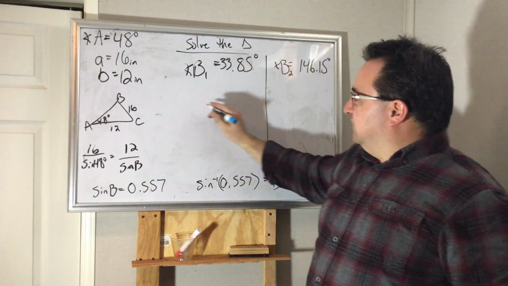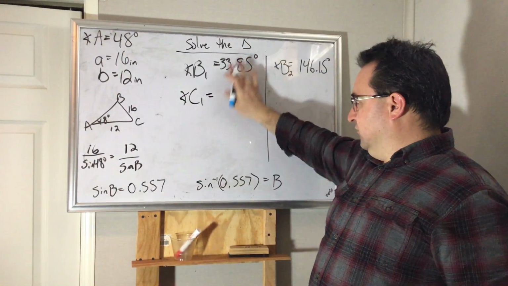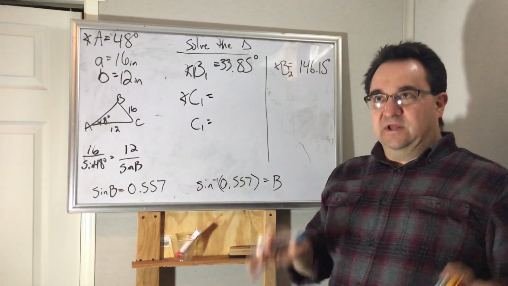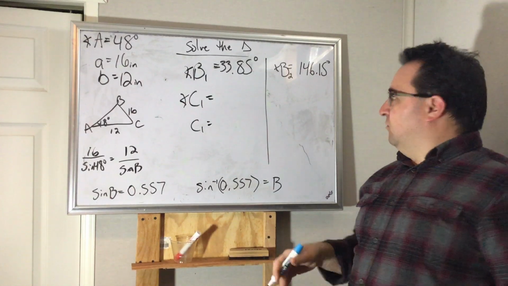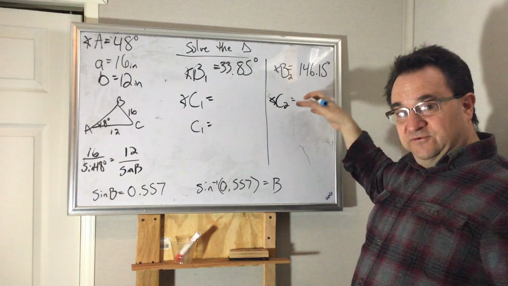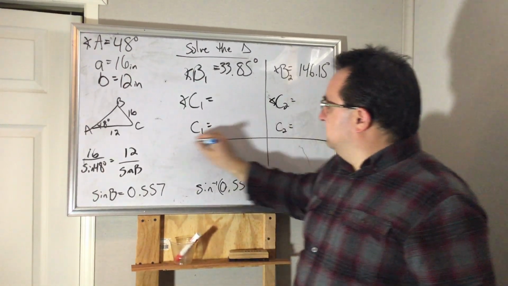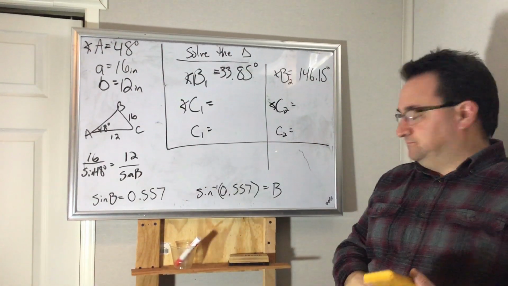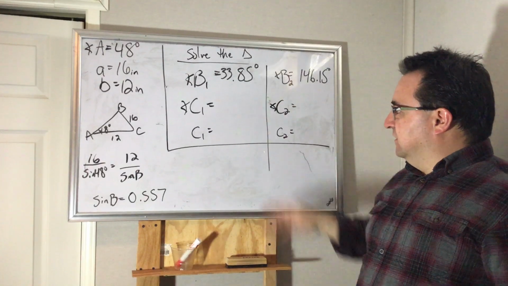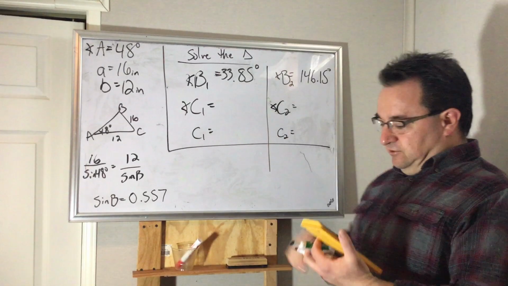Since I'm solving the triangle, I'm going to have to find angle C that goes with this and side C that goes with this. But then I'm also going to have to explore, well, what if angle B was this one? Then what would angle C be? And what would side C be? So I'm done when I figure out all that stuff. And the way I like to play this out is we're going to run down this solution and then put that aside, and we're going to do this solution. So to do this one,